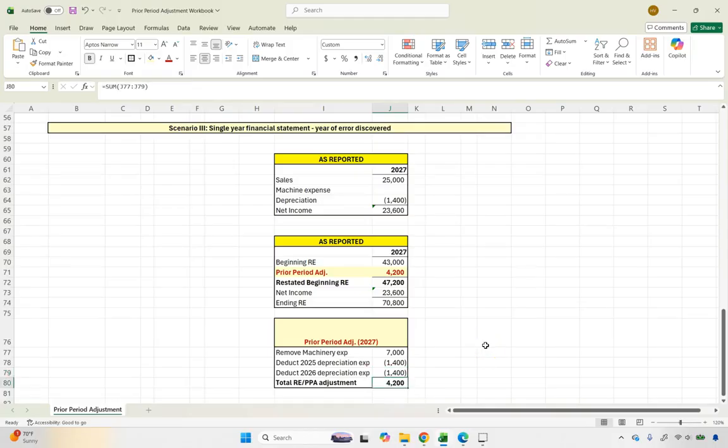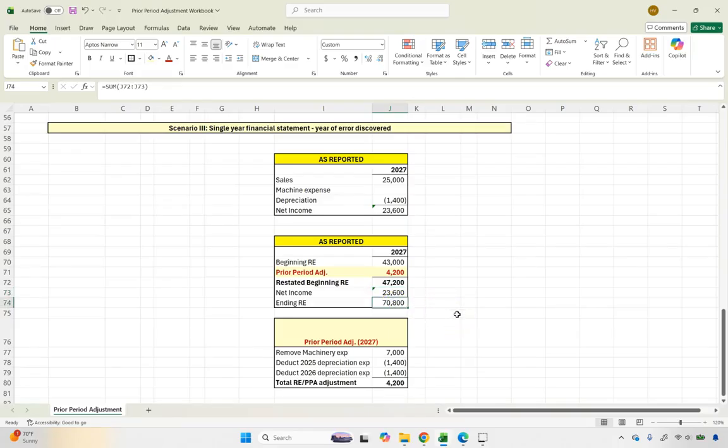So my net income was understated by $4,200, and therefore it has to be now increased, right? And if my net income was understated, my retained earnings has been understated. So I need to increase my retained earnings by $4,200 in 2027. And then I get a restated beginning retained earnings of $47,200 plus my current year net income gives me ending retained earnings of